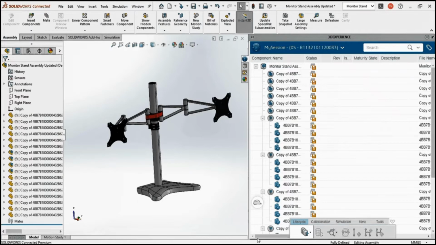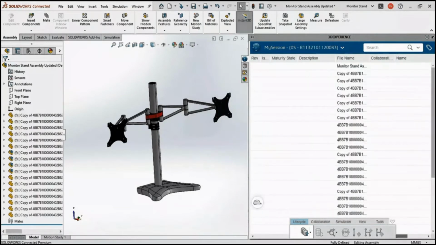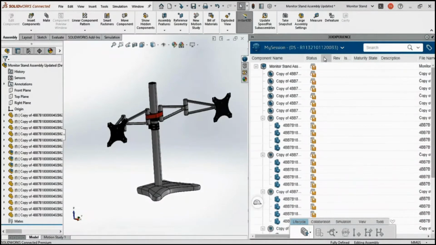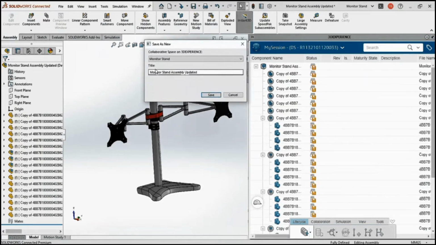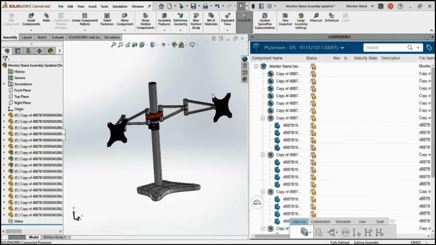And on the right side you can see the 3DEXPERIENCE pane. All the maturity status, revisions, everything will appear here, and on the left side the entire assembly will appear. And here you can see the status icon is unsaved. So now let's save this with the help of Save Active Window. Now click on save, so that each and every component will be saved into your project space,